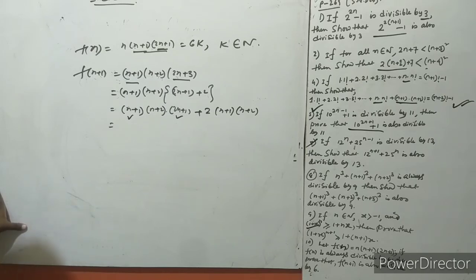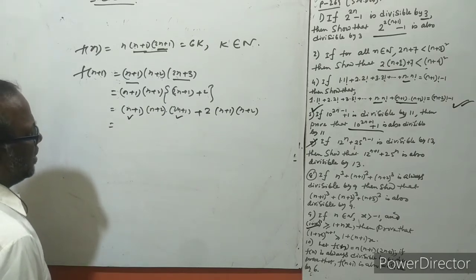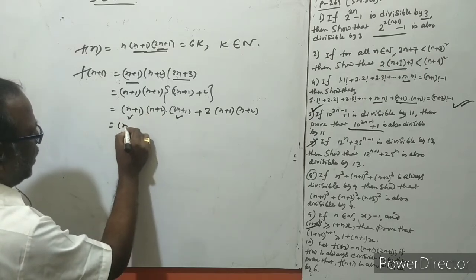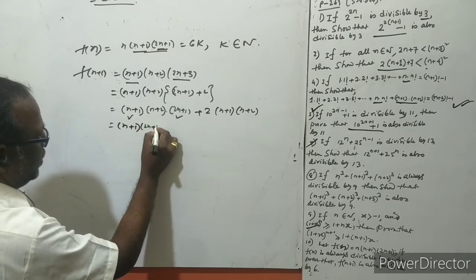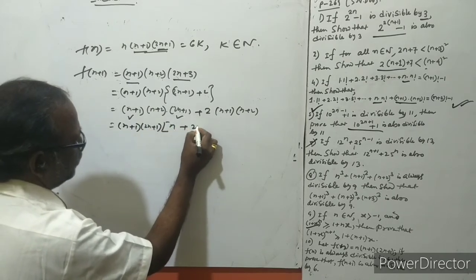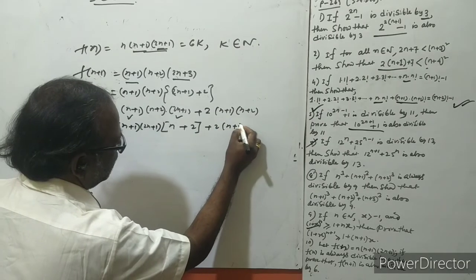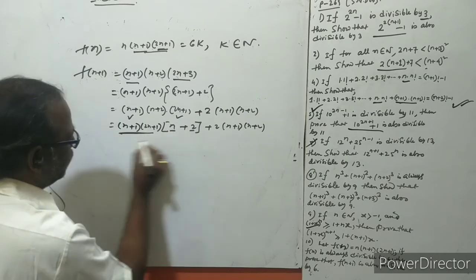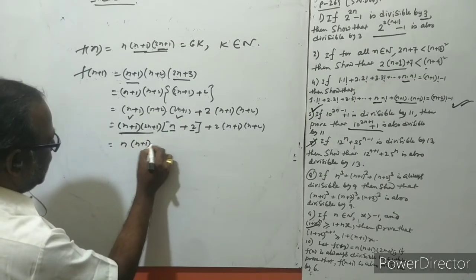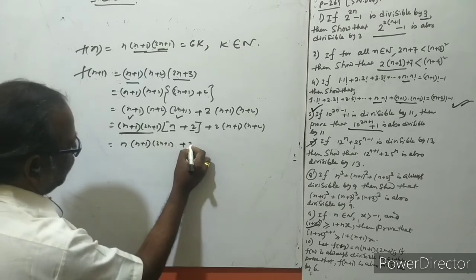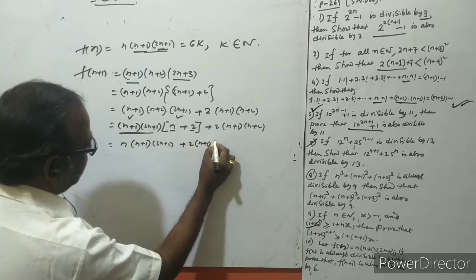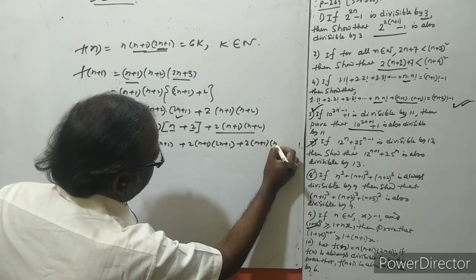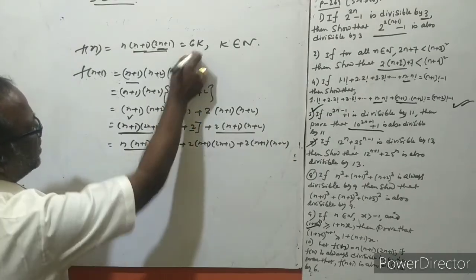same. On the first part it is given that the expression is divisible by 6 here. So split this part by n and 2. Okay, so n plus 1 and 2n plus 1, and this is here n plus 2, and 2 into (n plus 1) into (n plus 2). So multiply this part by n and multiply this part by 2. Then what we get here is n into (n plus 1) into (2n plus 1), and this is 2 into (n plus 1) into (n plus 2). And see, this is 6k,